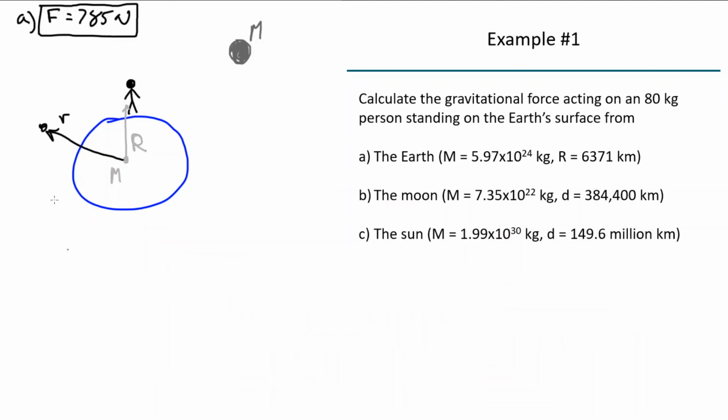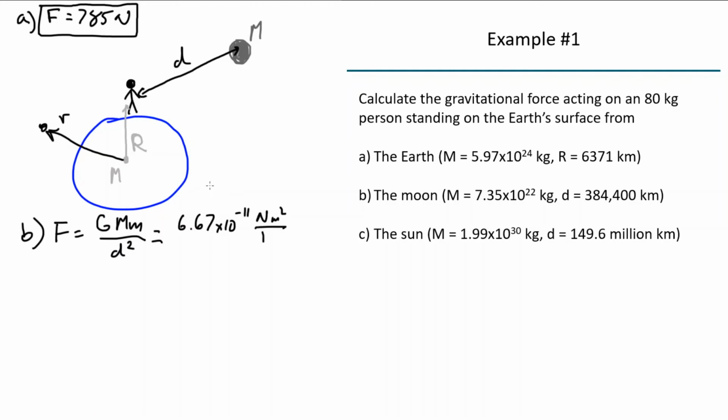So now for part B, we want to calculate the force between this person and the moon. Well, the distance of the moon from the Earth is about the same as the distance of the moon from this person. Depends on exactly where on the Earth the person is, but the radius of the Earth is small compared to this distance of the moon from the Earth. So we can just say that the force of gravity from the moon equals G times the mass of the moon times the mass of the person over d squared, which is then equal to 6.67 times 10 to the minus 11 newton meters squared per kilogram squared